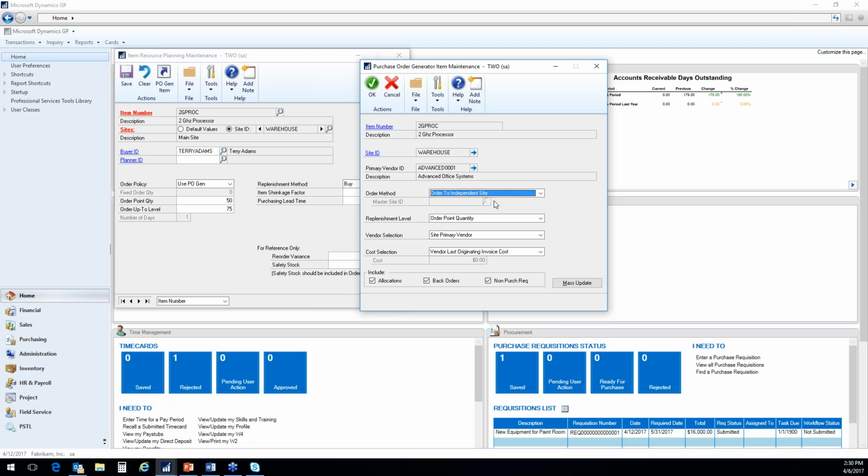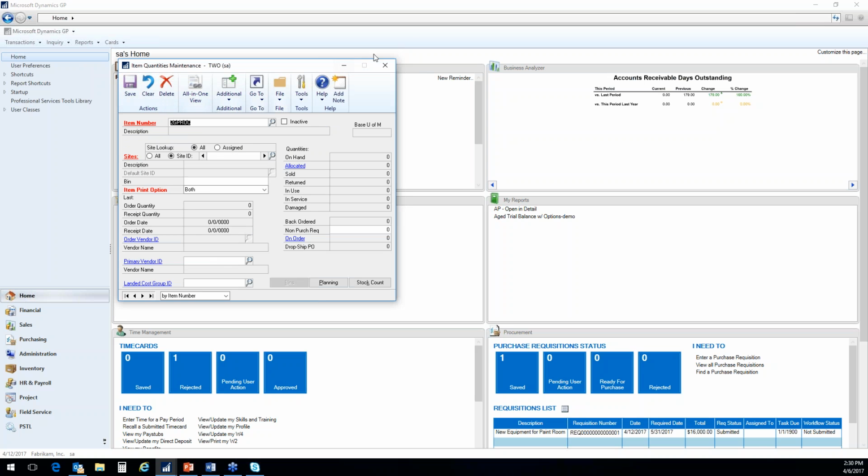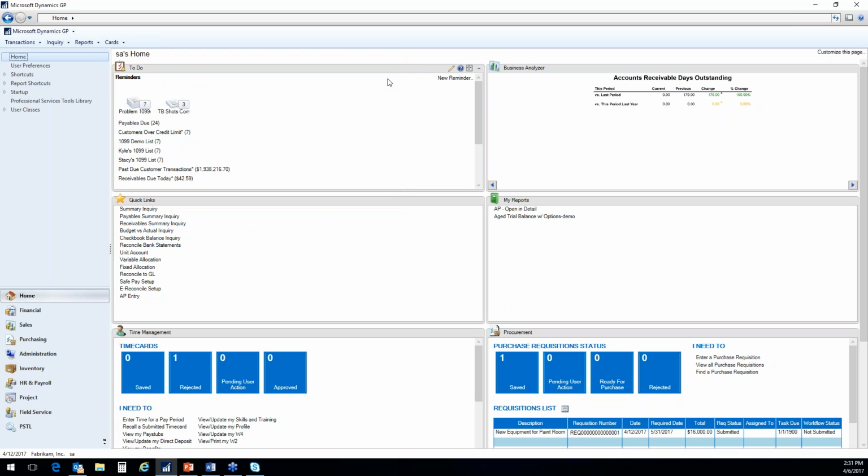Exact same fields, exact same rules here, it's just we can get it now to the item level. Okay, so that's really what we need to have in the system before we ask the software to